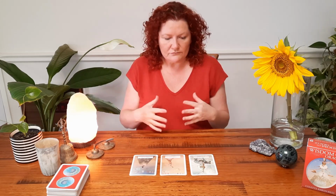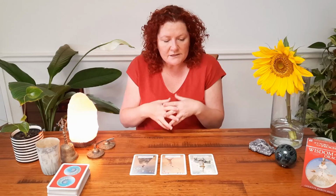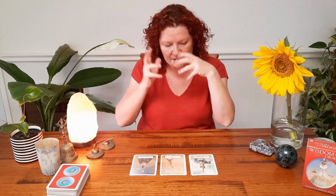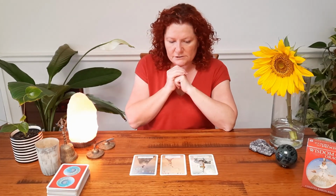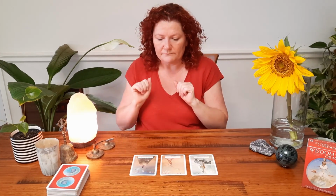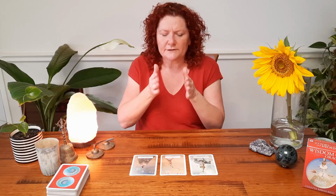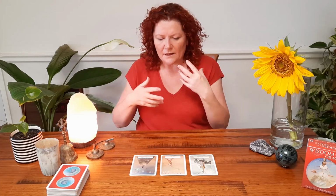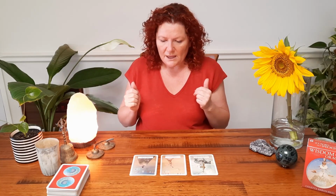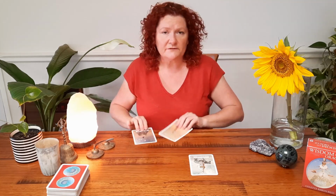So now I want to look at each individual card now that I've had this overview, and I can start taking things that I'm being sent already, what to expect, what to do, and the outcome. What to do and the outcome look hazier. They're not as clearly defined. They feel like they're shifting still, and that's the information that I'm getting. And it also feels like they're going to be guided by the ethereal, the stars, the divine, whatever it is,